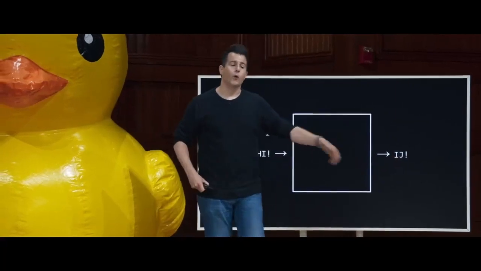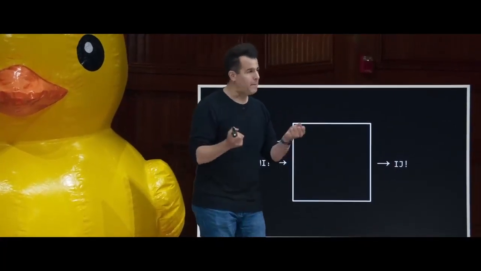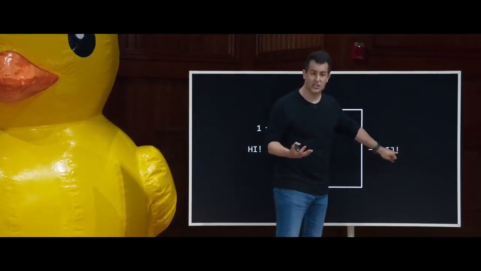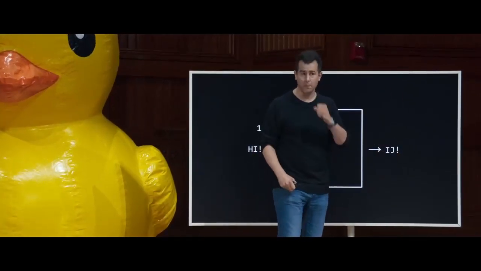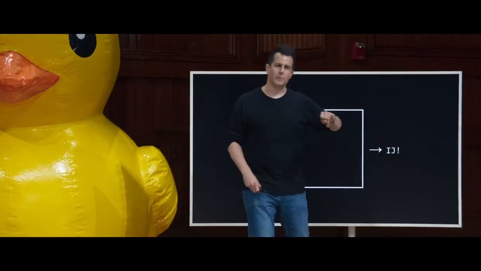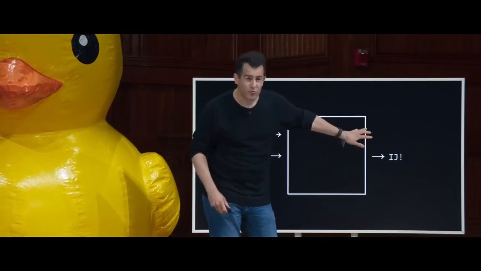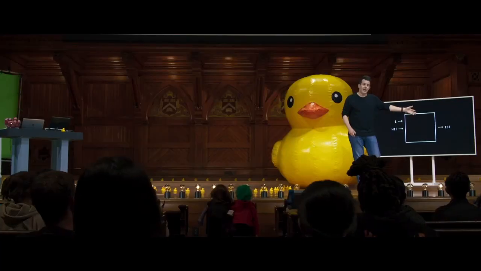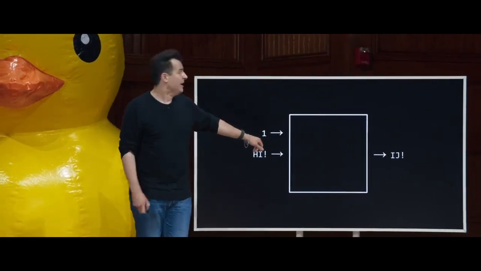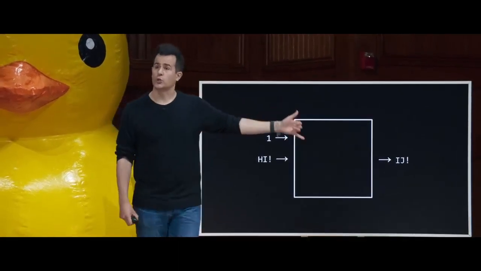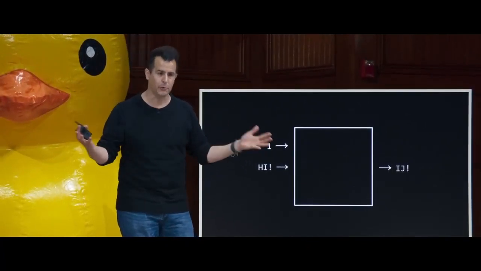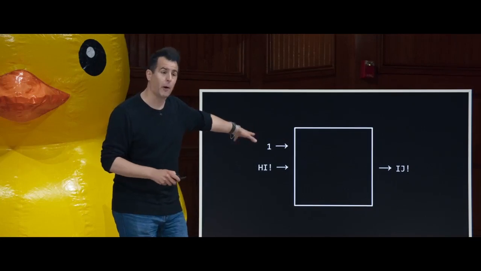So is that secure? Well, if one of you nosily looks at this sheet of paper, you won't see "hi." You will see some information leak in this algorithm. You'll see an exclamation point. So I'm enthusiastically saying something, but you won't know what the message is unless you decrypt it. Now, that said, is this very secure really in practice? I mean, not really. If you know I'm just using a key and I'm using the English alphabet, you could probably brute force your way to a solution by just trying 1, trying 2, trying 3, trying 25, going through all the possibilities tediously, but eventually it's probably going to pop out.